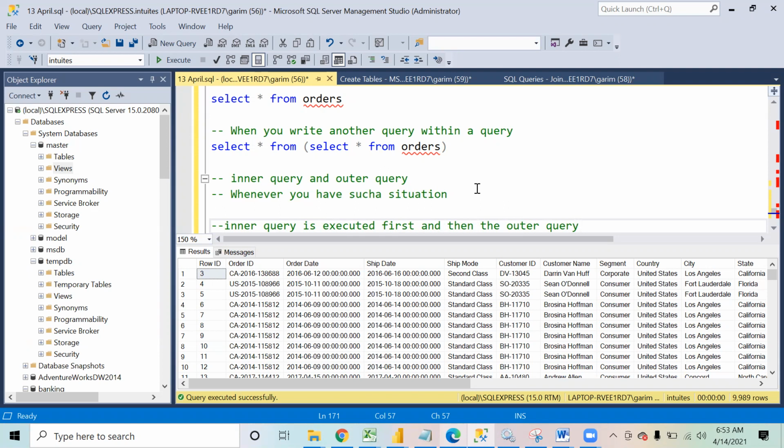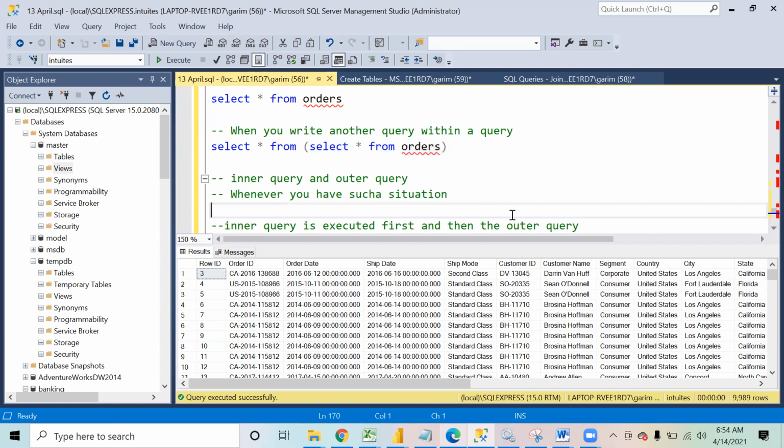In this case, first of all, this query will be executed. Whatever will be the output of this query will be used as an input for the outer query, where I am saying select star from, so select star from what? Whatever is the output of this query.